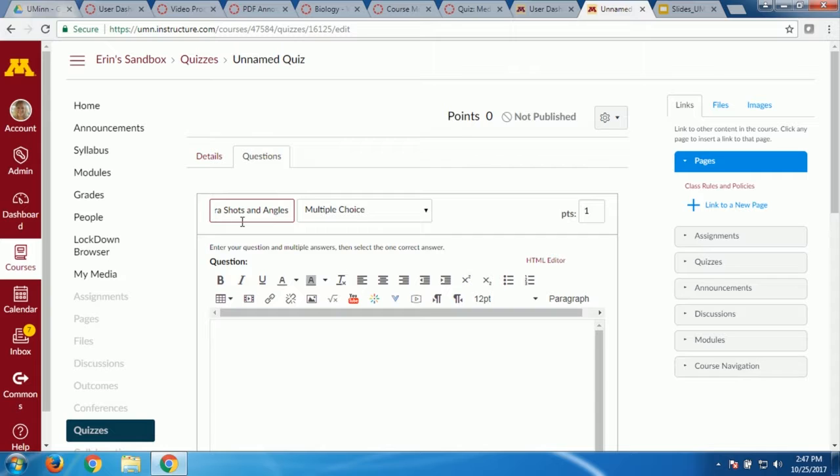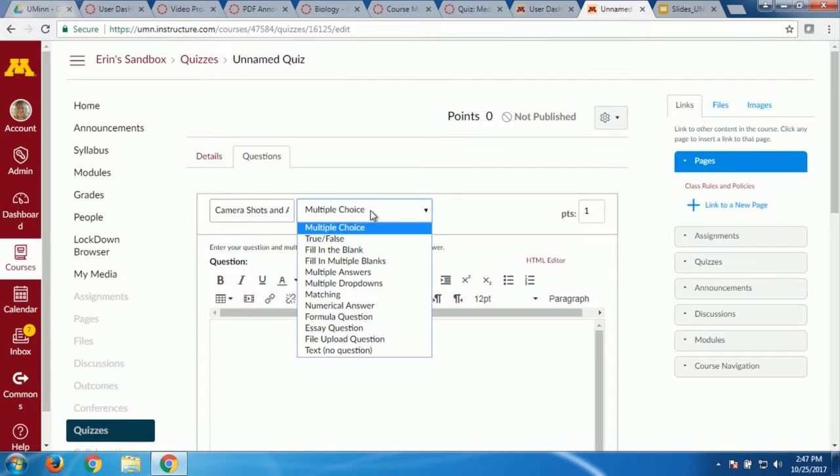That's a tag box. It's just a way to sort your questions. It's just for teachers only. All right, that's what that box is. No one ever knows what that box is. That's what it's for, to help you better organize your questions.